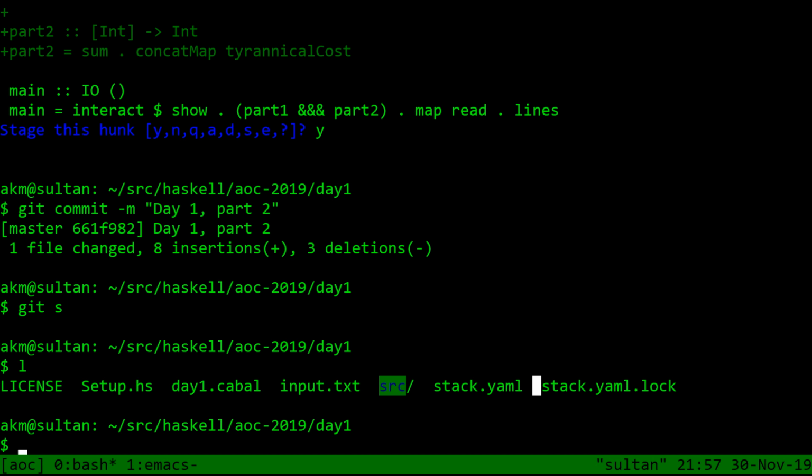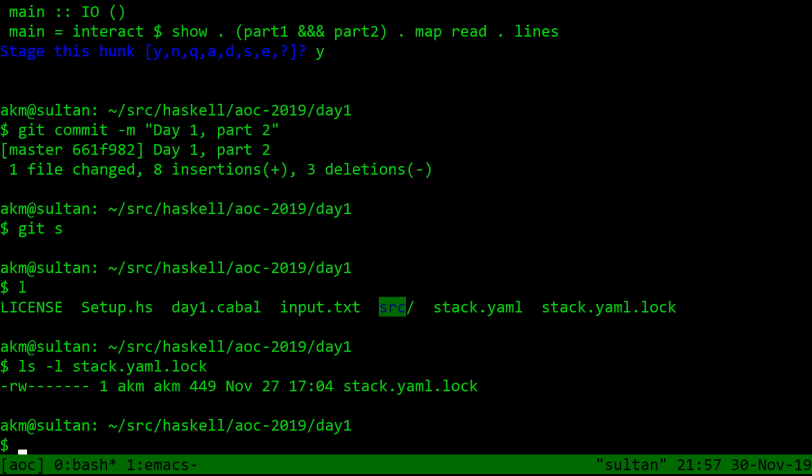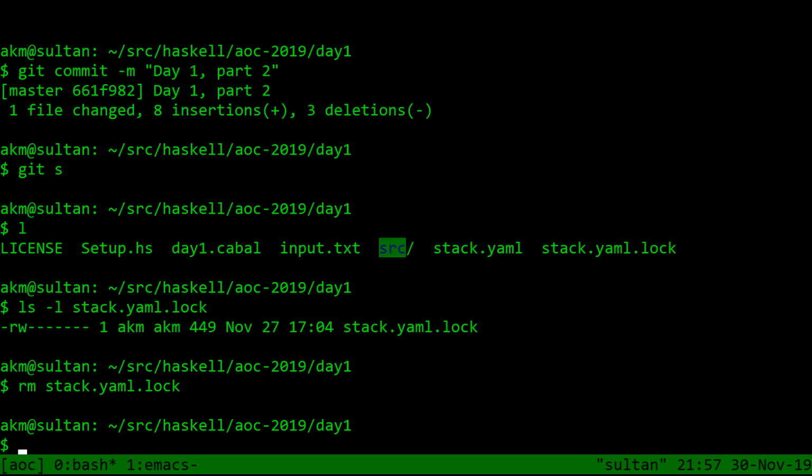I still don't understand what the deal is with the stack.yaml.lock thing. Where does this come from? It was created like days ago. So I think this happened because Emacs crashed, actually dumped core, when I was trying out various Haskell modes. And I think it was not actually any of the Haskell modes at fault, but the package list packages command: if I press any keys while it's in the beginning of loading, it just dies. So that's kind of embarrassing. What else?